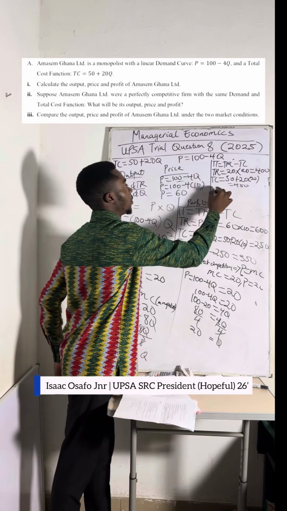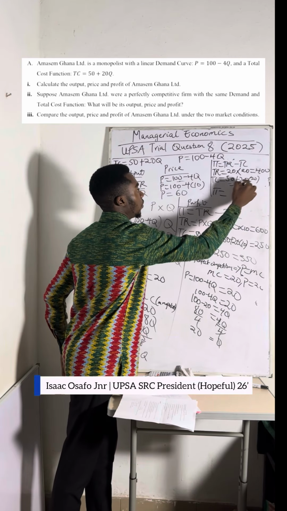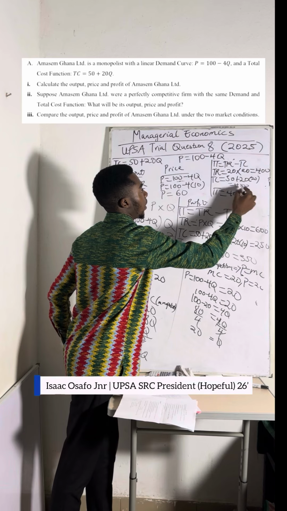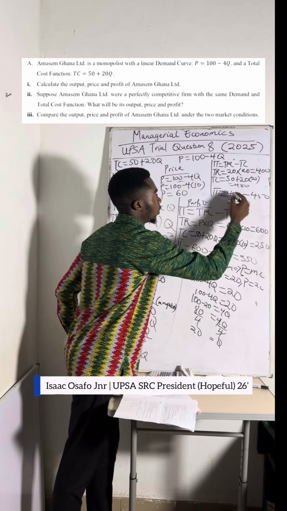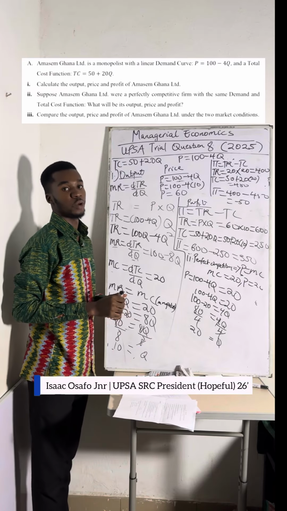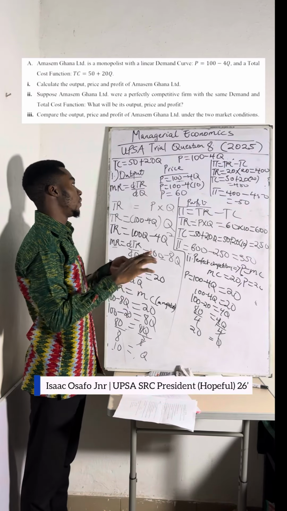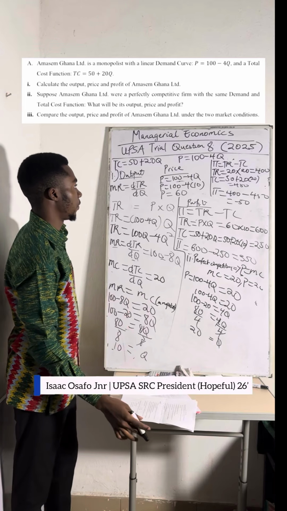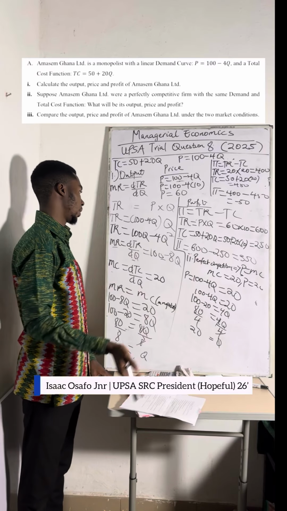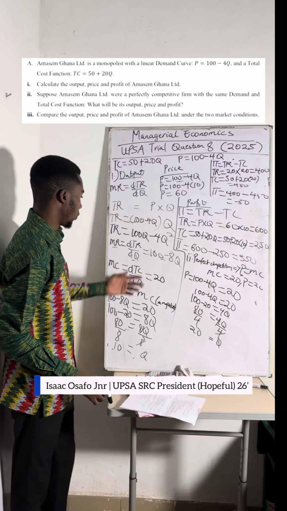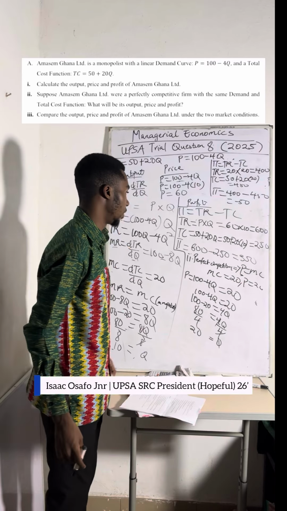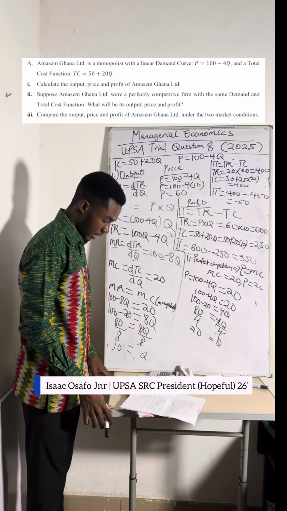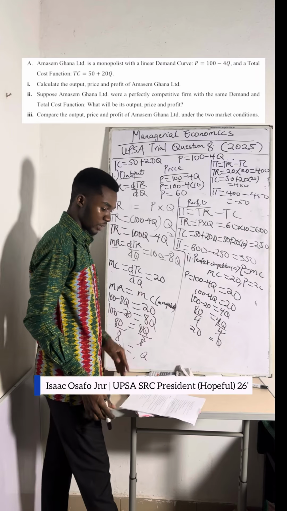So now our profit will be total revenue, which is 400, minus total cost, which is 450. And we are getting negative 50. So it means the firm will be making a loss. Do you get it? So if the firm wanted to operate under perfect competition, it would have been making a loss. But then for the monopolist, he was making profit of 350. Do you get it? So now the last one under the A, they said we should compare the output, price